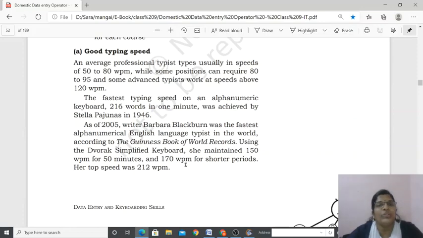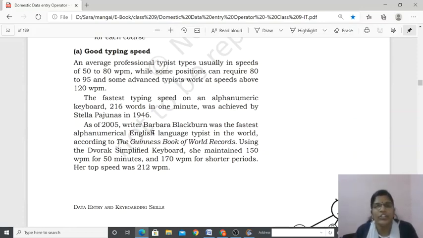Got it? Well, students, this is all about the chapter. Today we studied using Rapid Typing Tutor: how to type and how to practice typing. First, you have to download the tutor and know the components of the window and how to use it. You have to select the lesson, choosing beginner or level, then the lesson, and start typing, starting from the base line. Many lessons are there.